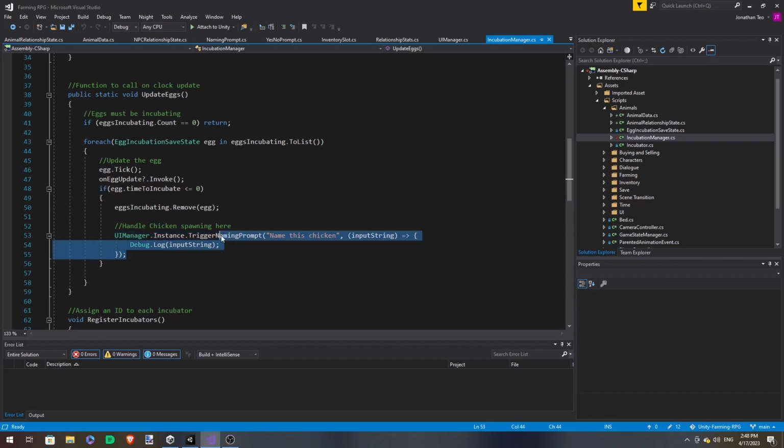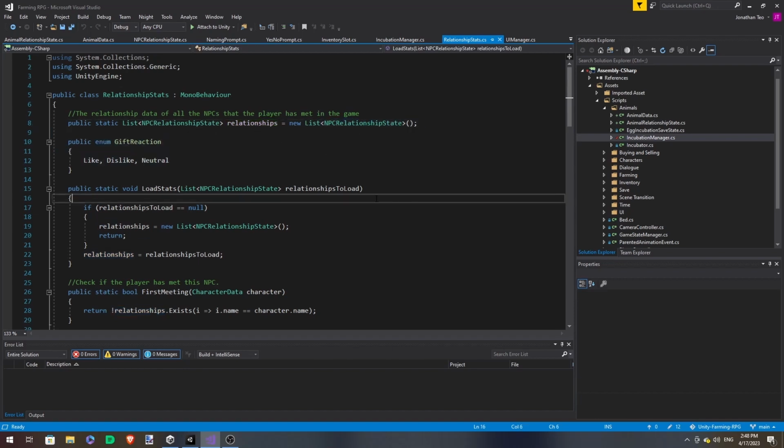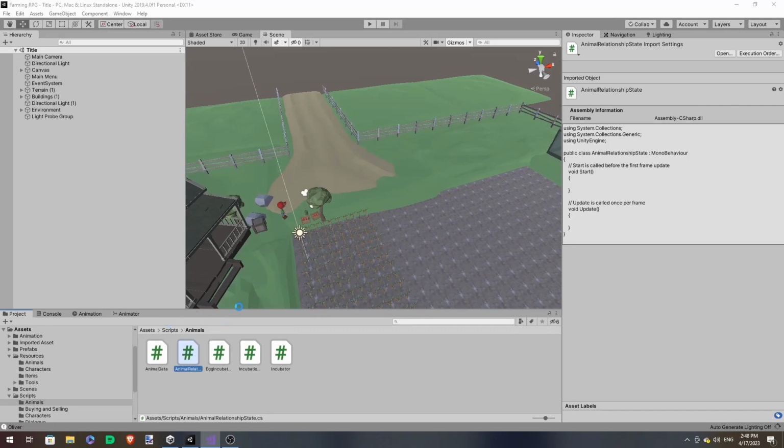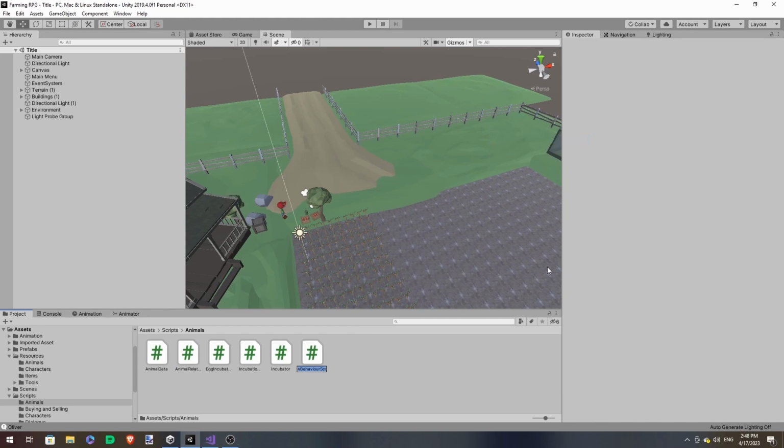Then once you accept it, it's going to be added to, much like our relationship stats, a little list that we have, and then it will be added to it with all the data, the relationship state and everything, and you can save and load it back in. So to that end, we also would need to create something like relationship stats, but for animals. So let's create a new script and name it, you guessed it, animal stats.